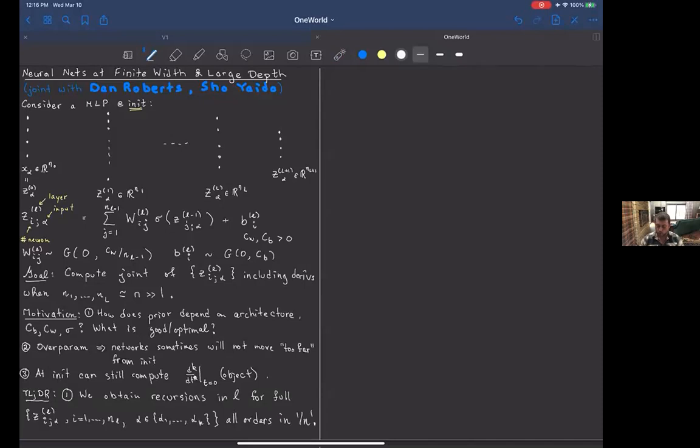So let me just write down a formula that will explain why this is a cool thing to be able to do. Okay, so this gives the following representation. What we learn, and this is the first thing, and then we're about to solve the recursions in the next bullet point, is you might consider the density of this random variable.